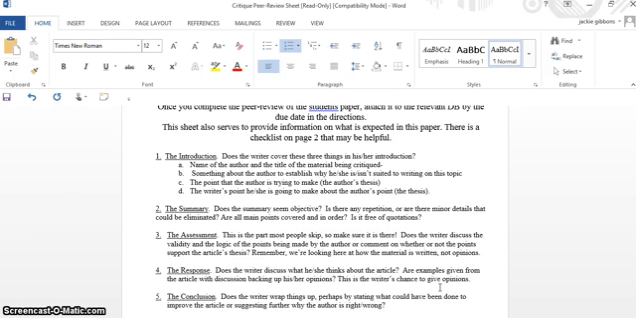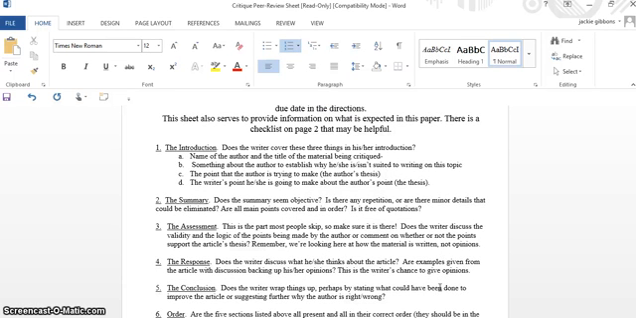The response: does the writer discuss, and again, this is about the student and them discussing their article, what he or she thinks about the article? Are examples given from the article, direct examples, with the discussion backing up his or her opinion? So here, it's okay to give an opinion, but why do you think that? Not just say you're reading an article on something